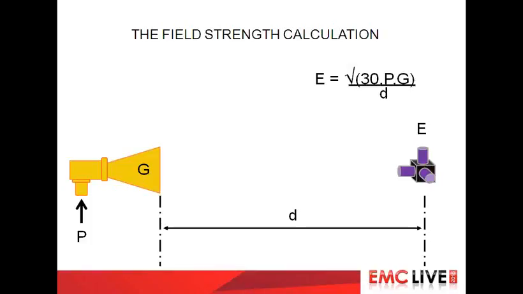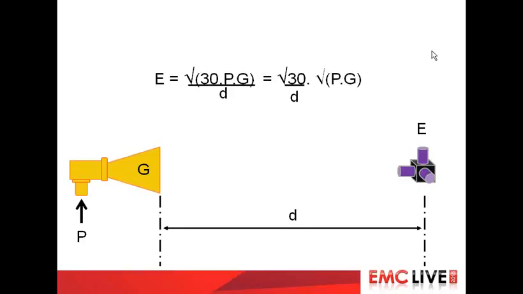Now, it looks a bit grim, especially to new people, who are thinking, what the heck, that's a fairly heavy equation. But if we do a little bit of work on it, we can actually simplify it some and find out what's happening here. The root of 30 PG all upon D can be separated into two constants. The constant D, which is determined by the standard you're working to, and the number 30 under the root, which by definition is a constant. If we group those together and call them K,